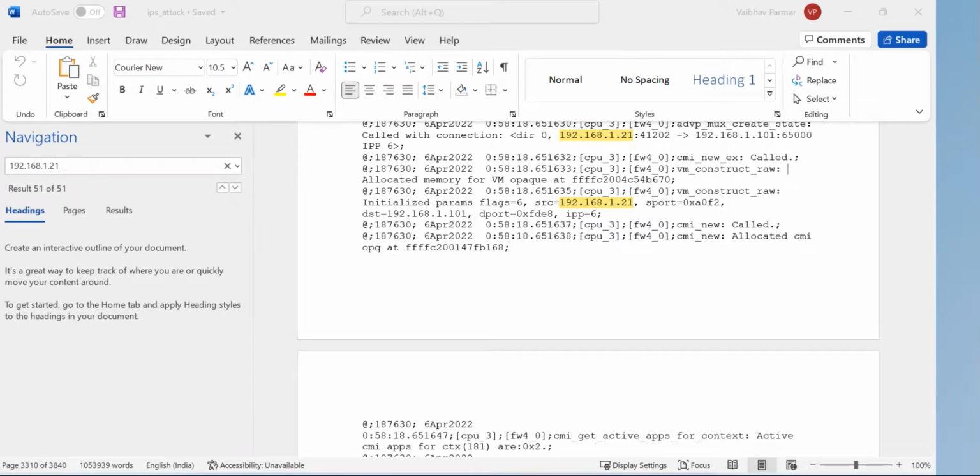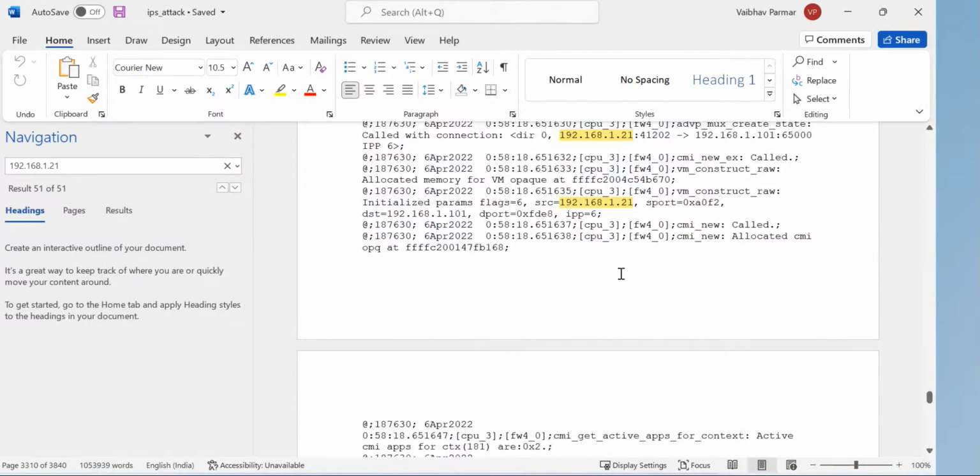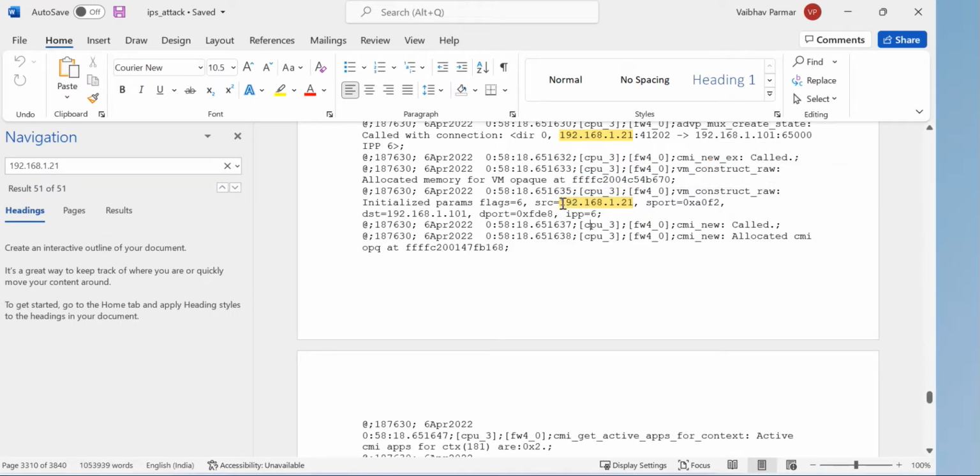So you remember with my last video, I generated this IPS_attack file. I just took that file into my PC and I have just opened this file. And you remember I have performed the attacks from this IP address. This was the source IP, which we put like an attack IP address, and from that we have run